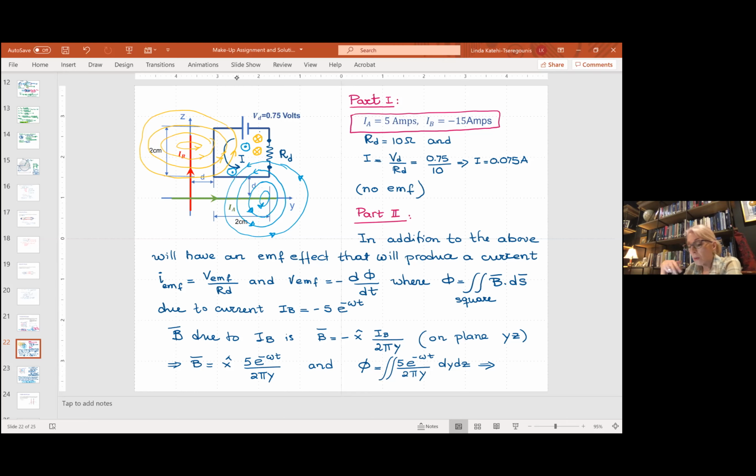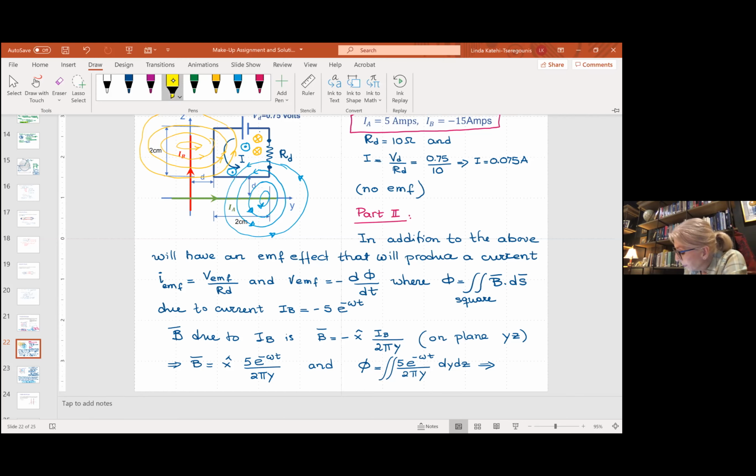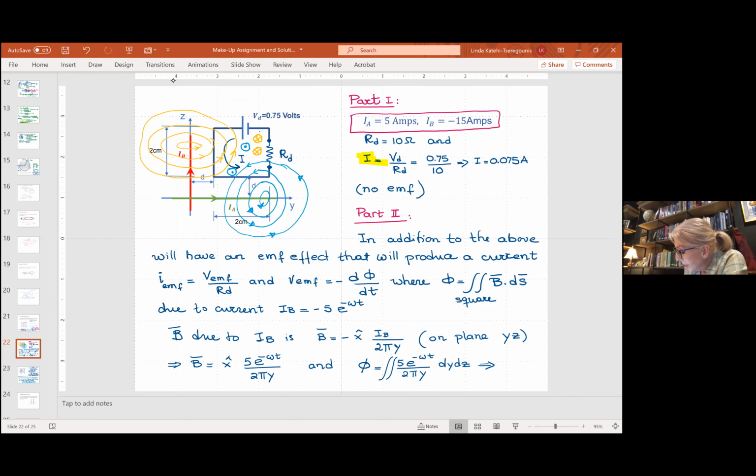All right, so the only current that in this situation flows through the loop, which is the current I here, it's the result of this voltage V of D. And of course, if you divide V of D by R of D, you get the current that flows, which is 75 milliamps. All right, that's what in this case. Now,